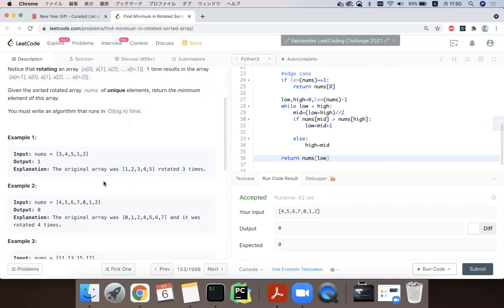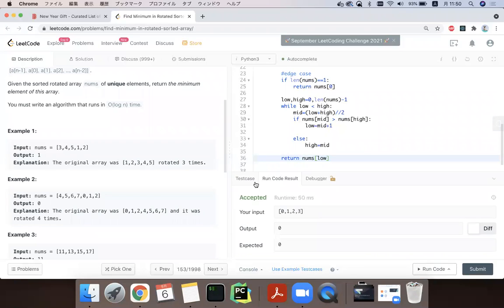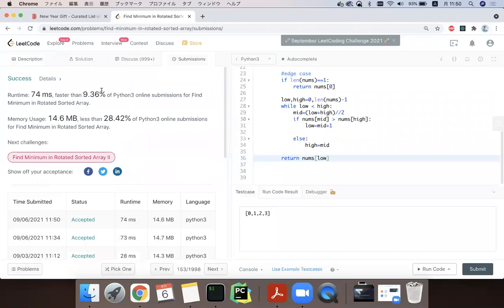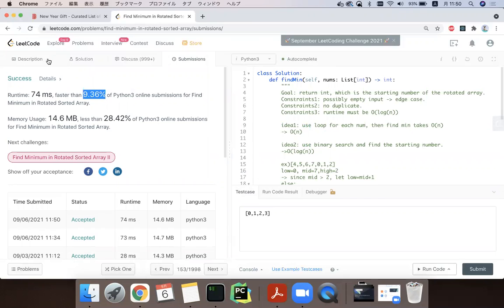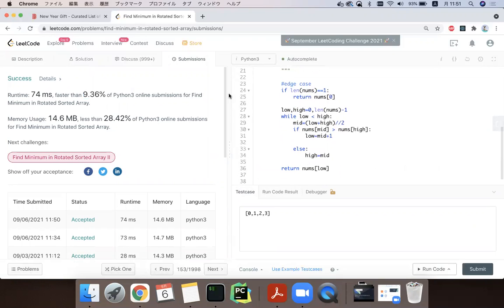Okay. What are the other options? What about 0, 1, 2, 3? Okay. So we're going to submit. It's not two first, but as the question says, this is O of log n, which is good. So I think I'm going to